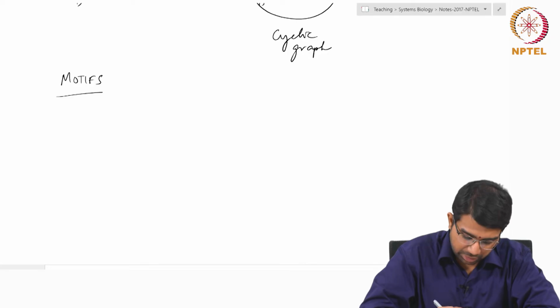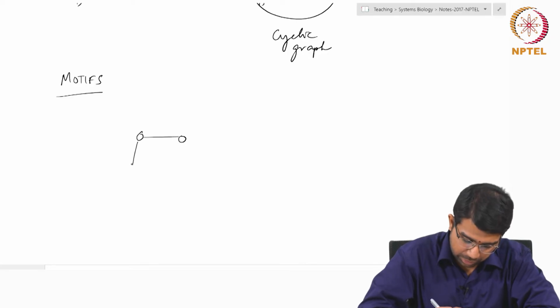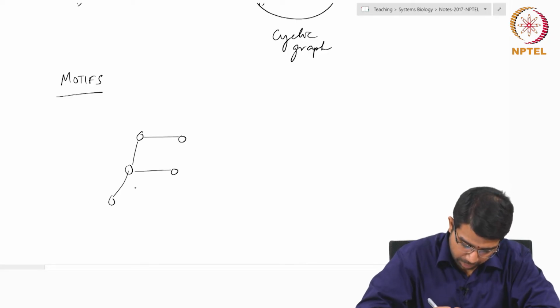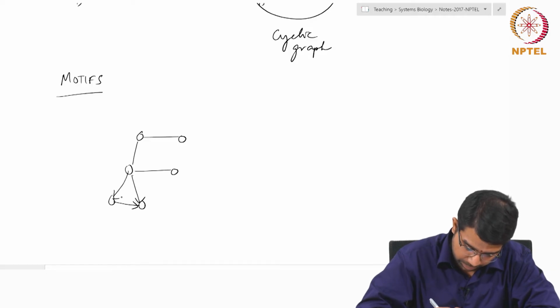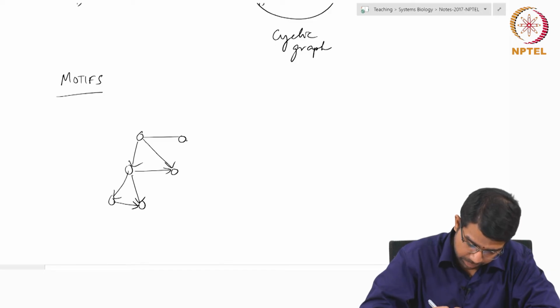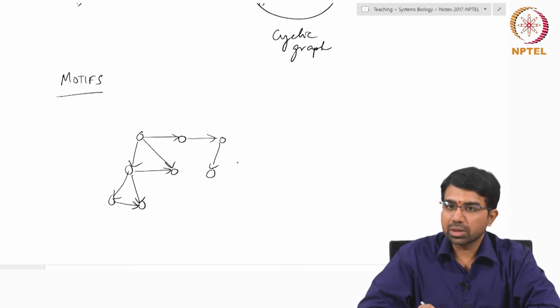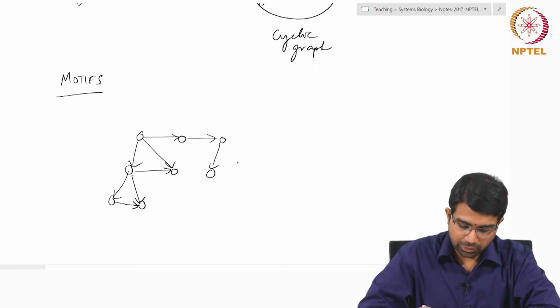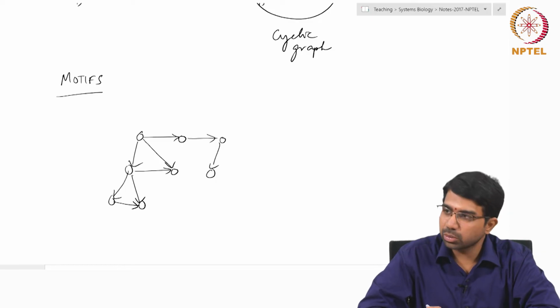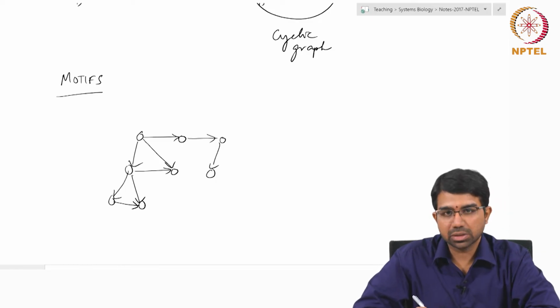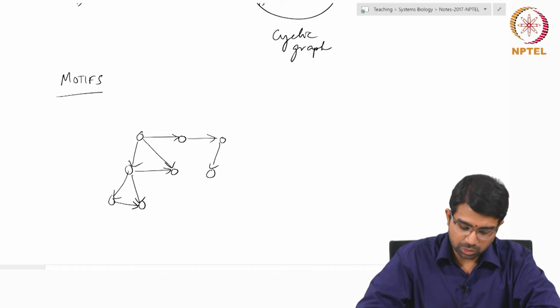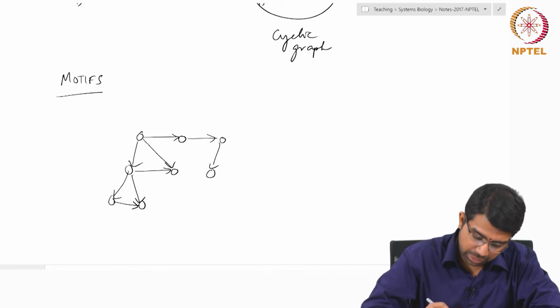In that fashion, if you look at a graph like this, you will find that there seem to be a few repeating patterns. So, motifs are basically